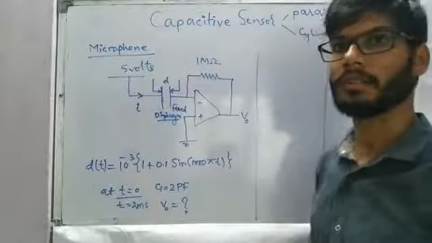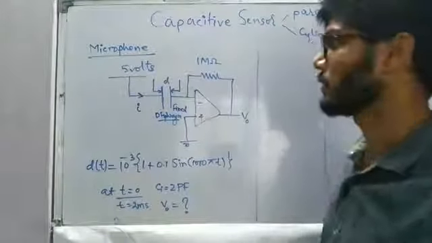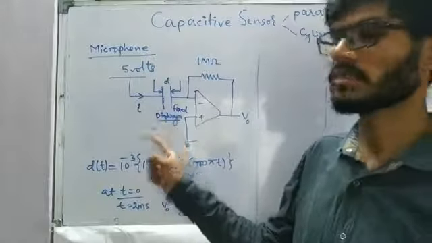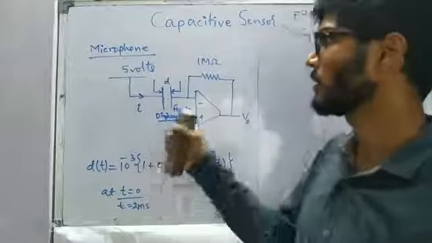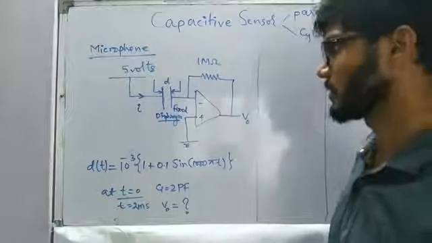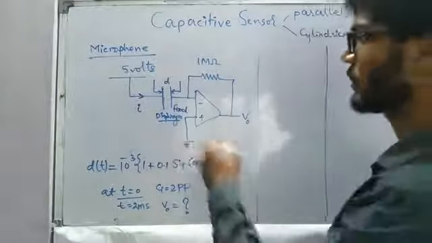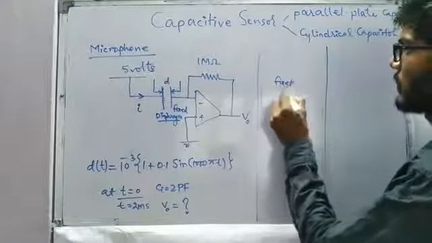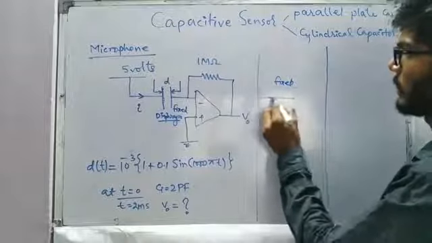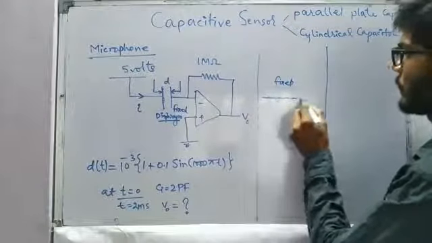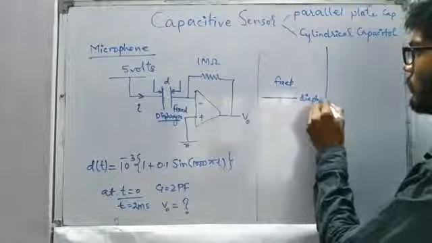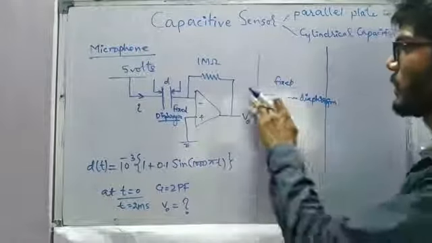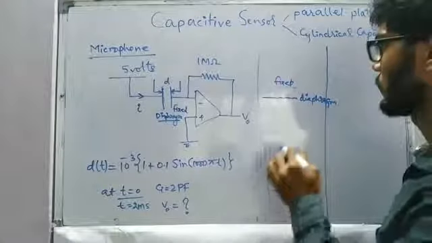And now let's have a look at a practical example, a microphone, in which we are using one capacitor whose capacitance is being varied by the variations in the separation distance. So how it is going to happen is that one of the plates of the capacitor is fixed and the other plate is considered as a diaphragm. On the diaphragm there is one metal plate stuck on it.